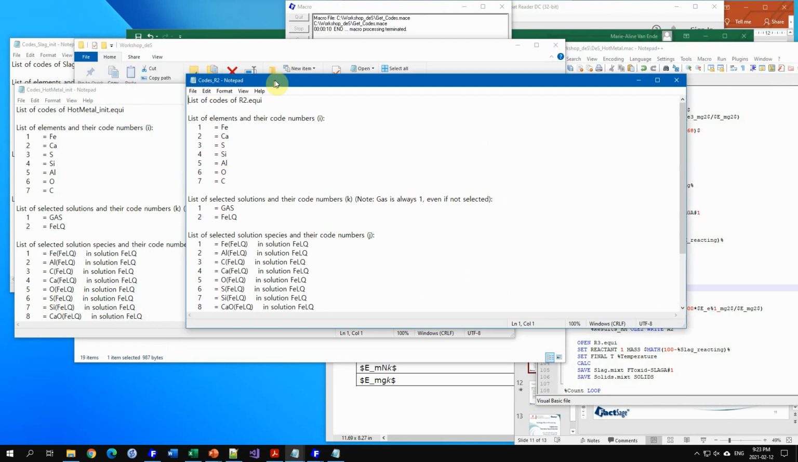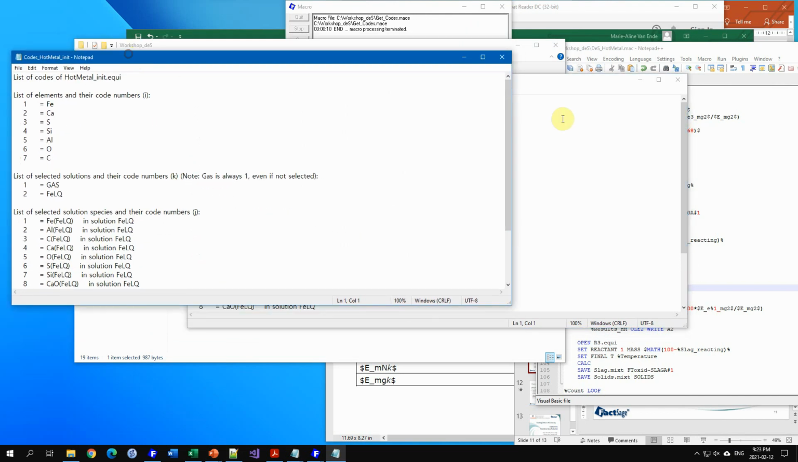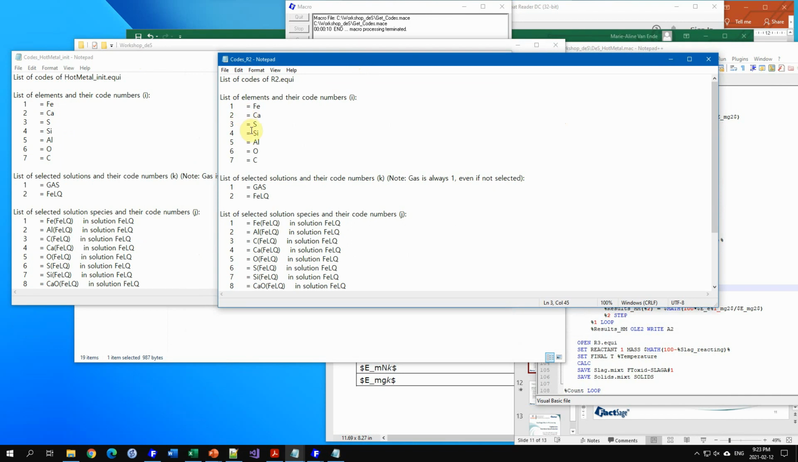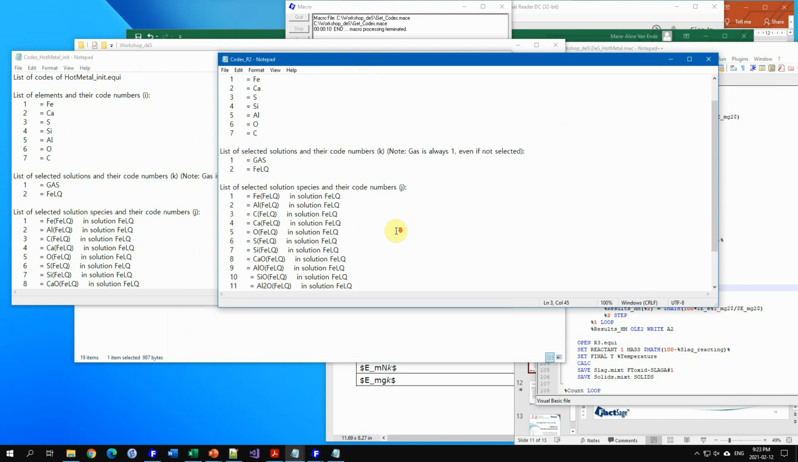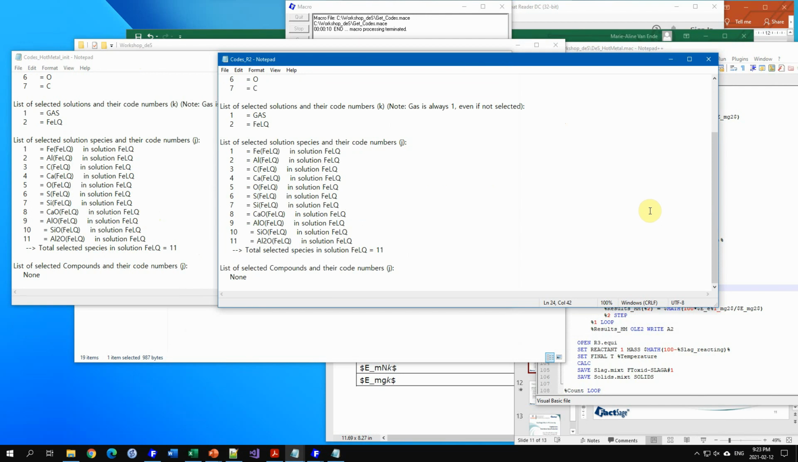Okay, so this is R2 and this is the hot metal. I'll just go down, this one down. And then the hot metal and R2. So you see we have the same elements, the same solution, and the same species in the solution. So this is the advantage of including the missing elements from the initialization,